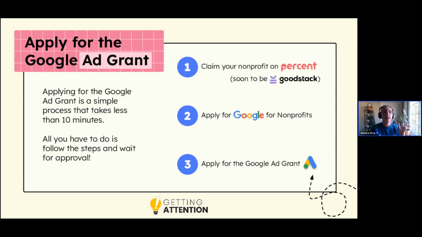So the role of Good Stack will be to basically look at the application, confirm that they're a nonprofit, et cetera. They have a huge database. Most nonprofits that I have looked up, especially in the past 2 or 3 months, are already in their database. So I'm a big fan of claiming your nonprofit because one, it is helpful for the Google Ad Grant process. And two, I'm just of the belief that nonprofits should own their own accounts and should be in control of accounts that exist on their behalf. So there's a very good chance you are already in their database. And since you already are, you should be in control of that.